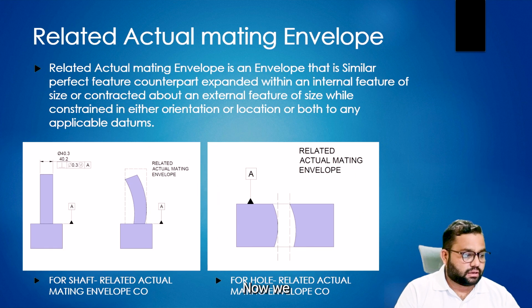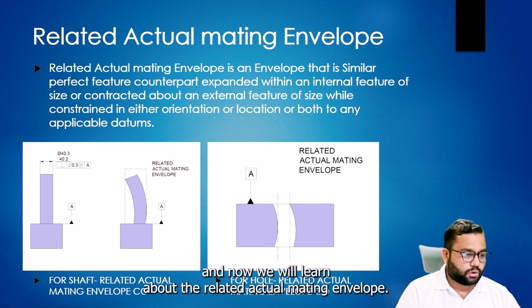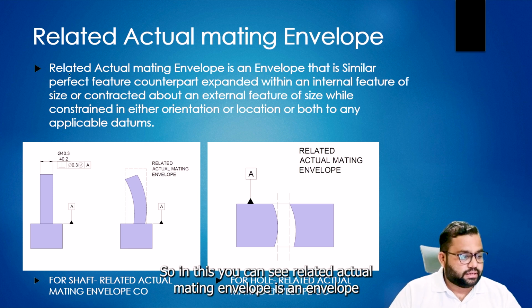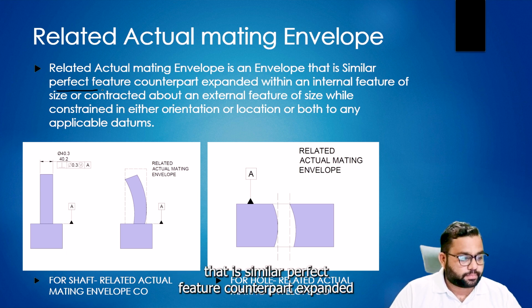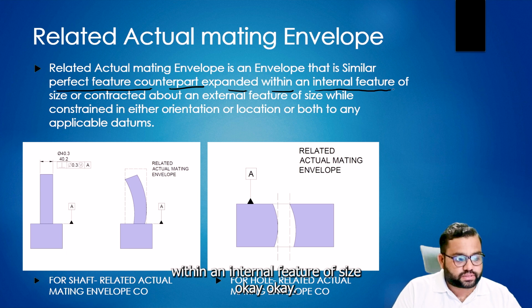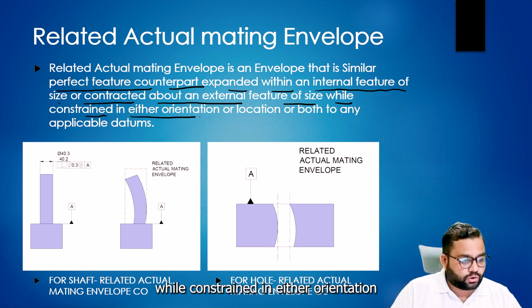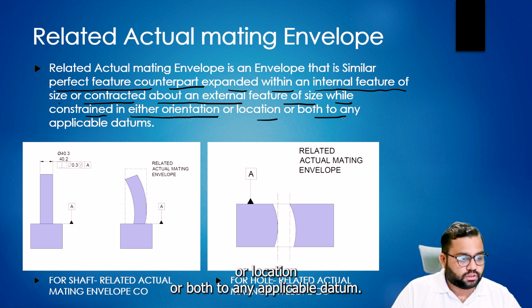Now we will learn about the related actual mating envelope. So what is the related actual mating envelope? It is an envelope of a similar perfect feature counterpart expanded within an internal feature of size, and contracted about an external feature of size, while constrained in either orientation or location or both